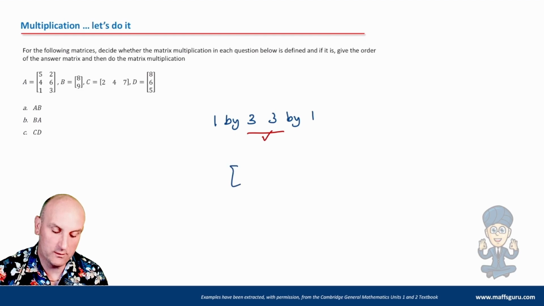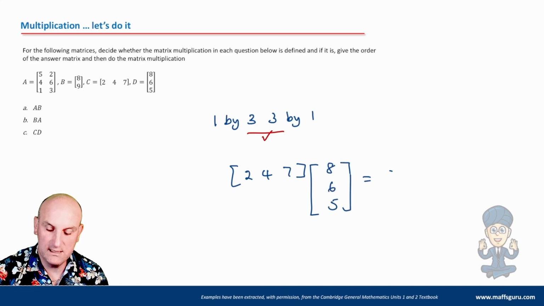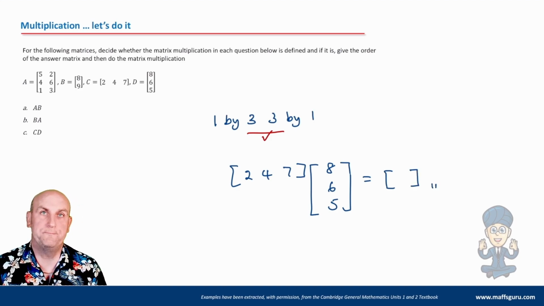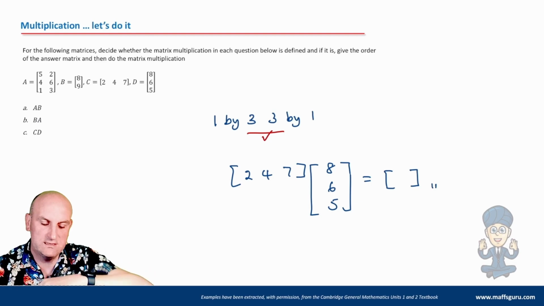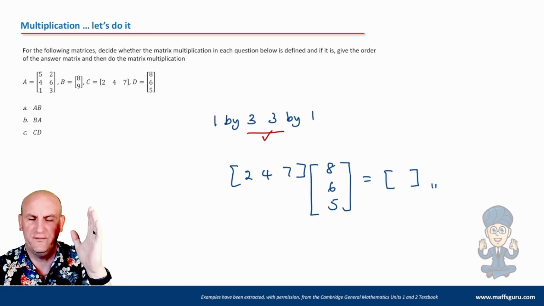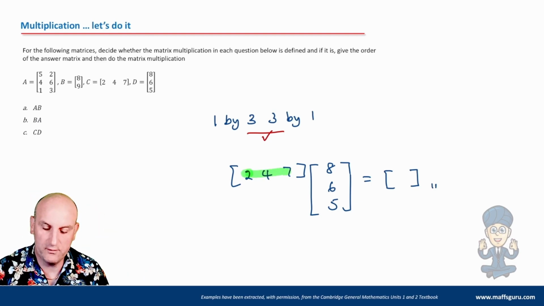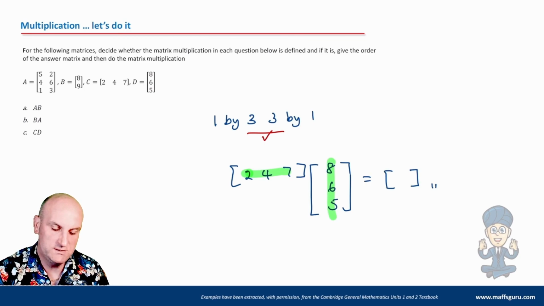Interesting. So we can now draw these out. So let's see what we've got. We've got 2, 4, 7 multiplied by 8, 6 and 5. It equals, and it's going to come out with a 1 by 1, which has an address of 1, 1, which means take the first row, well there's only one row, and multiply by the first column, there's only one column. So first row times first column, which is going to give me,